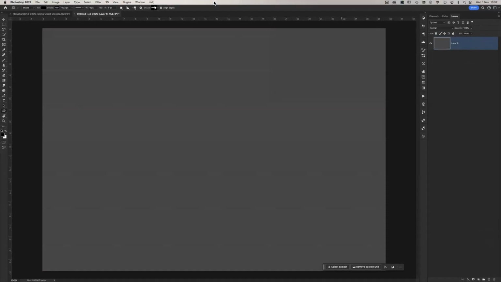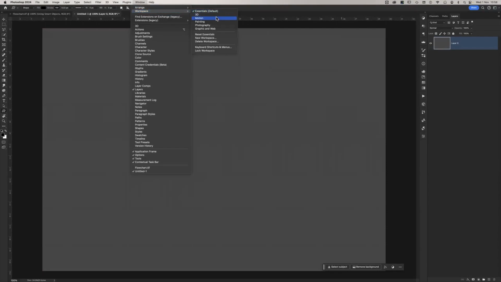And what we did, we went up to Window and Workspace, and we said we'd create a new workspace based upon our panels on the right-hand side. And we talked about docking, how to dock things. Can you remember? So I'm going to click on Essentials Default. I'm just going to change that, though. I'm going to add my